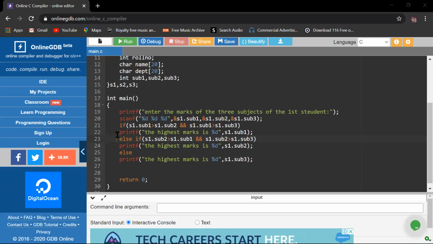So you have to specify the roll number, name and department of the particular student who got the highest marks in subject 1, subject 2 and subject 3.